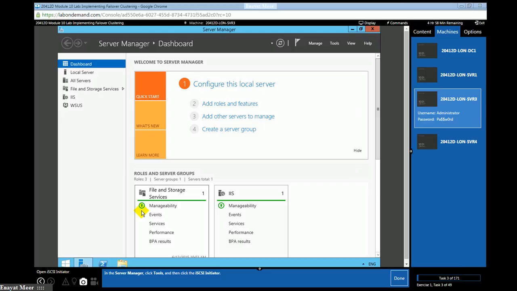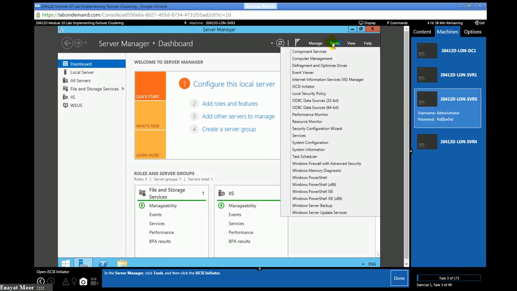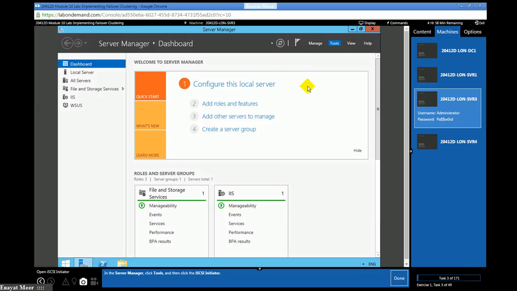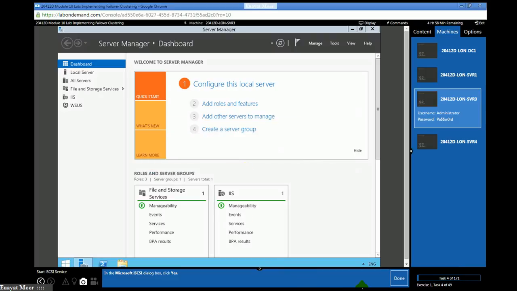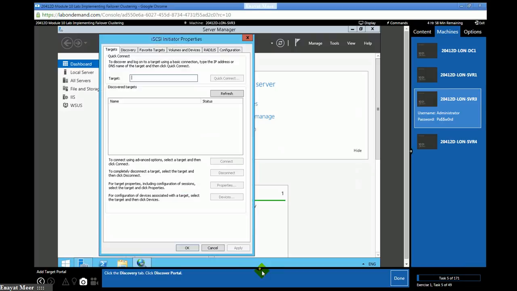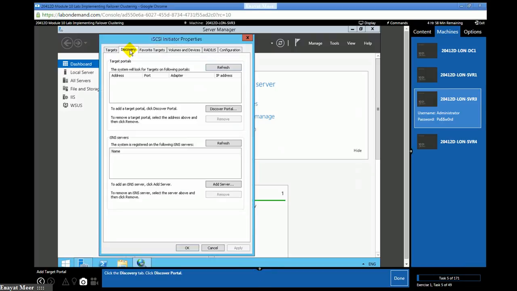So here I am on SVR3 right now, and as you see on the top right side, I have my domain controller, and then server 1, server 3, server 4, and I am going to connect to iSCSI through the iSCSI initiator right now. I'm going to connect with SVR1.